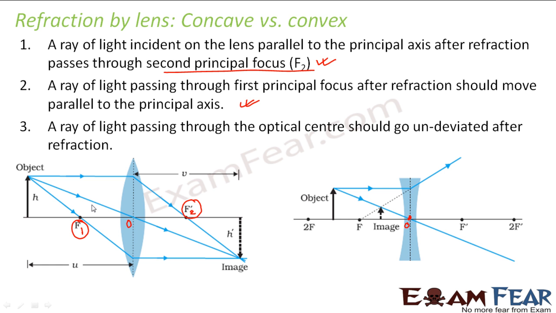So the same rule holds true both for a convex lens as well as a concave lens. This is a convex lens and this is a concave lens. Just that a convex lens being a converging lens and the concave being a diverging one, here things diverge and they appear to meet at these points. And this is how the image formation takes place. So please remember these rules.